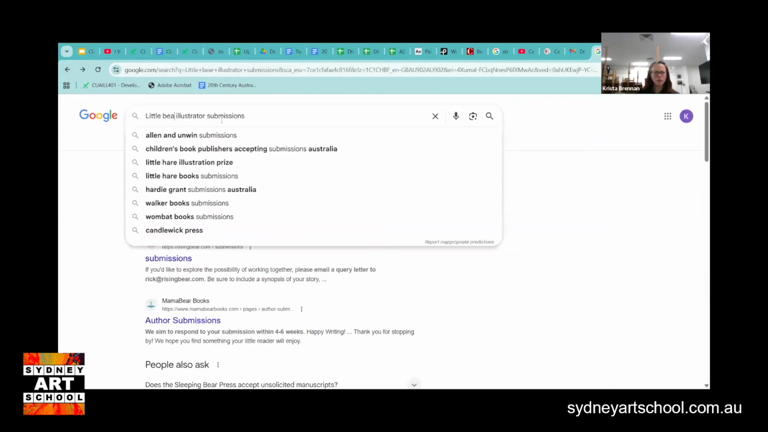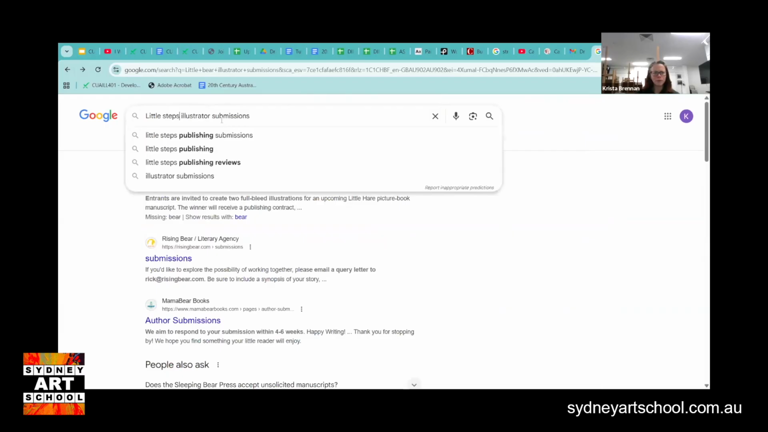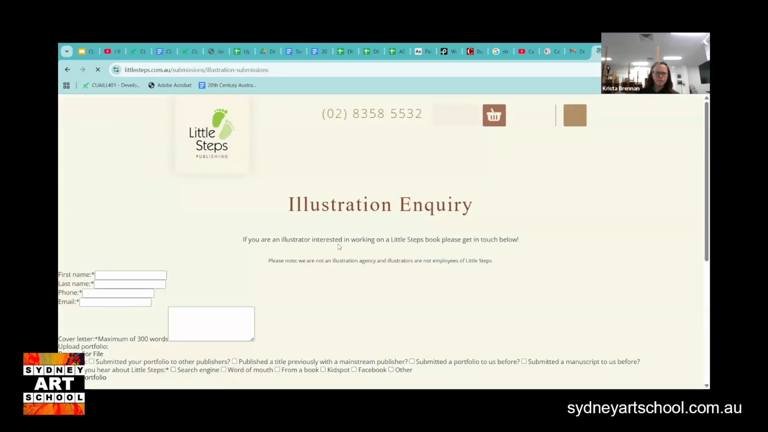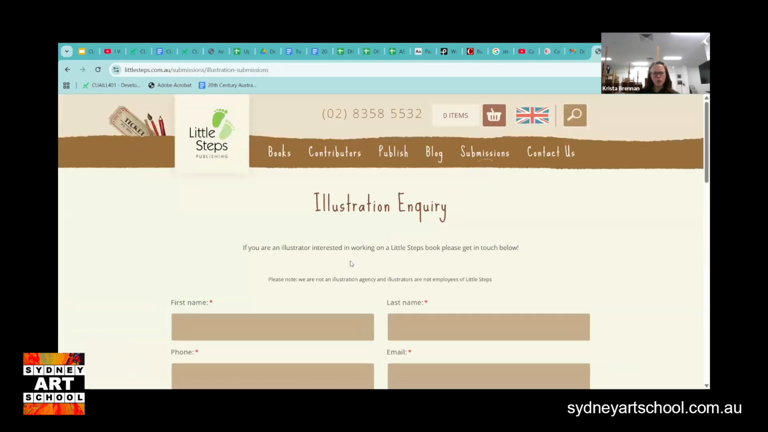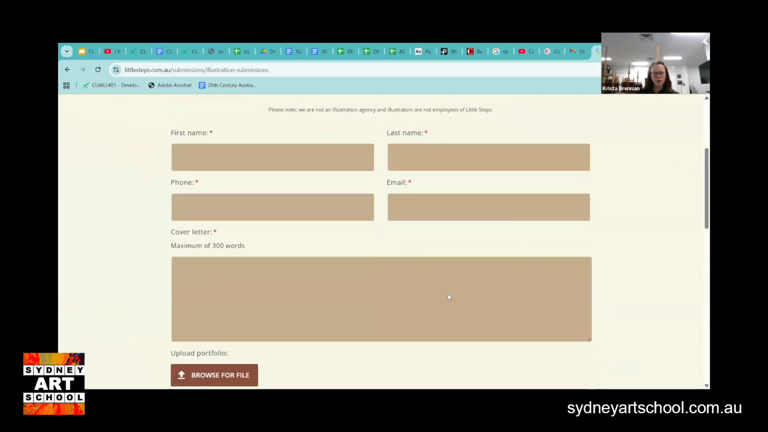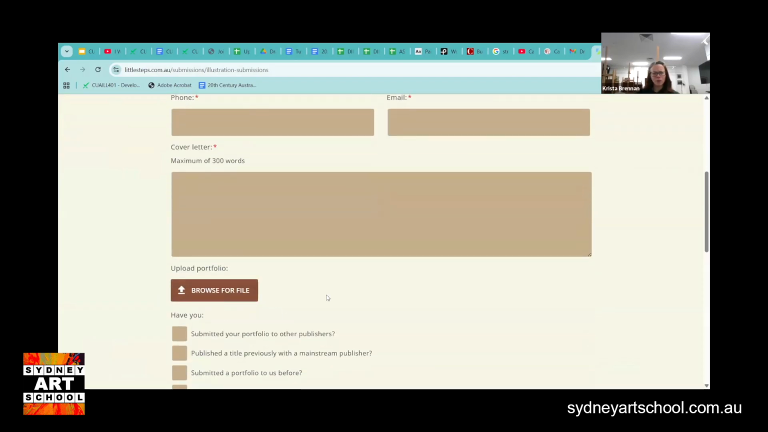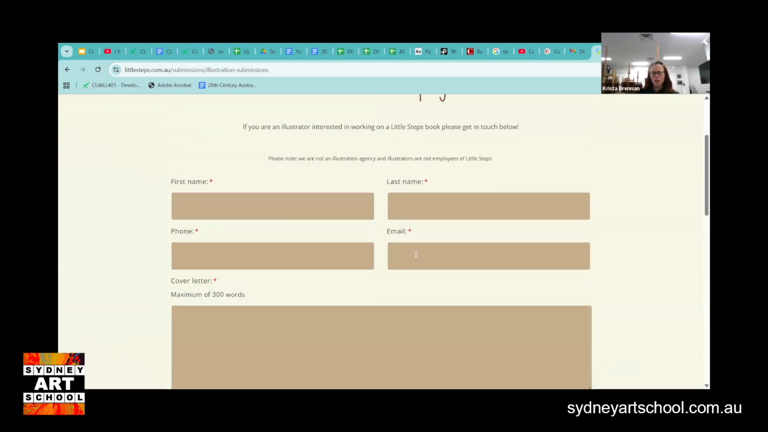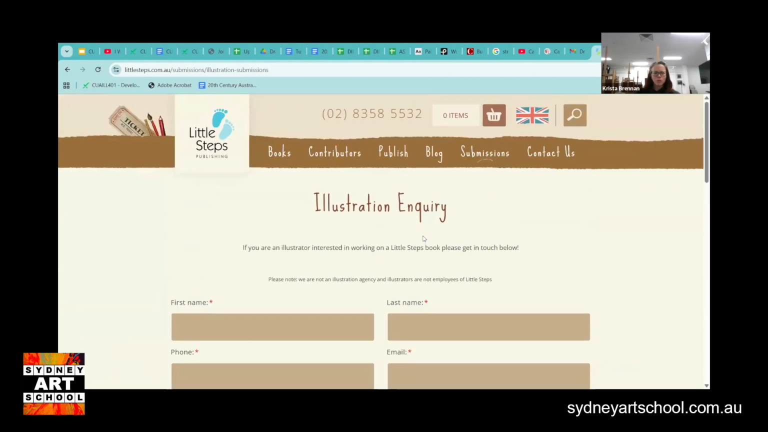This is an organization I've worked with before, Little Steps. If you're an illustrator interested in working on Little Steps books, please get in touch. First name, last name, phone, email, cover letter, upload your portfolio. How did you hear about us, and so on. So kind of doing your research in terms of,